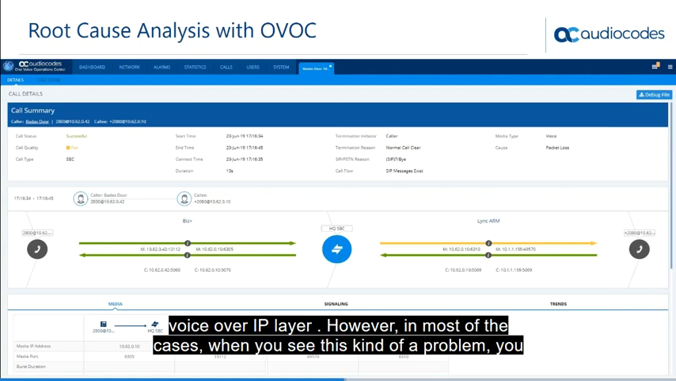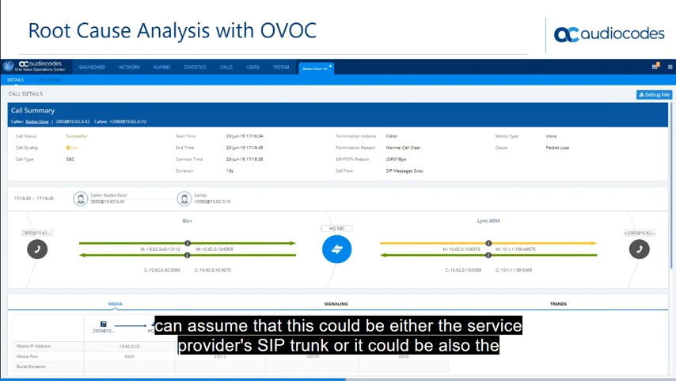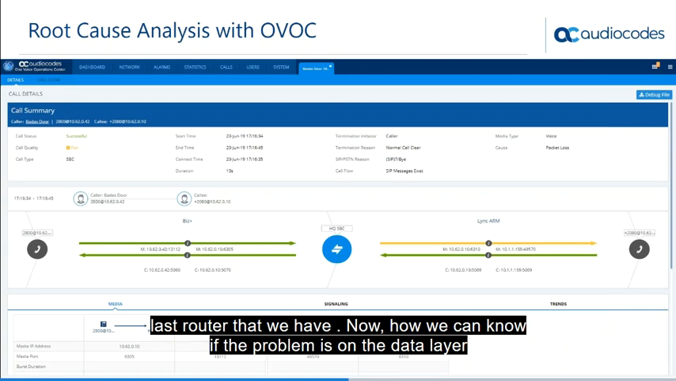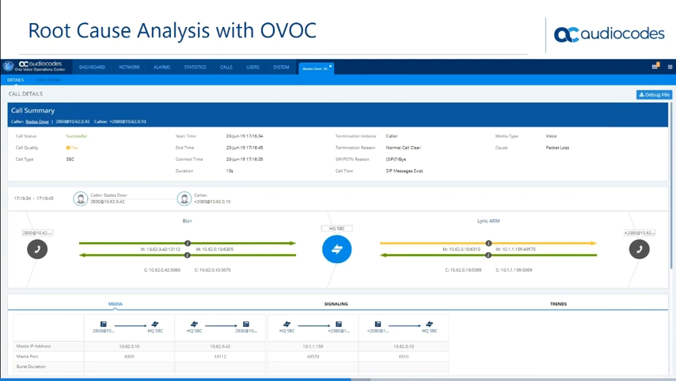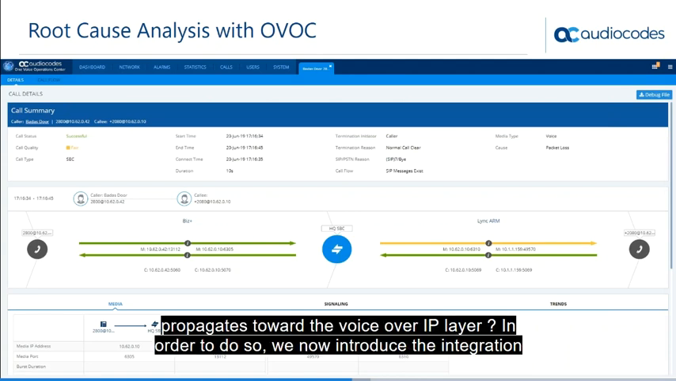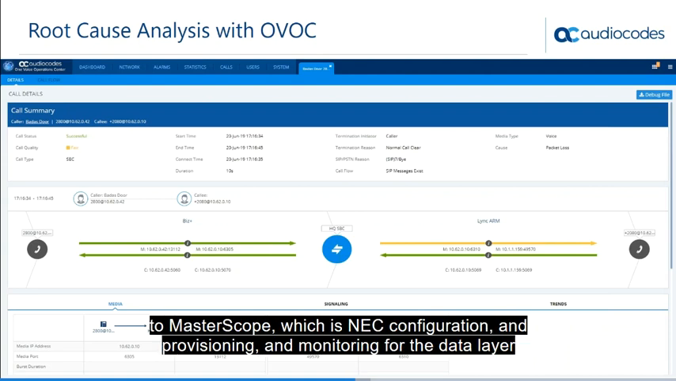However, in most of the cases, when you see this kind of a problem, you can assume that this could be either the service provider SIP trunk, or it could also be the last router that we have. Now, how can we know if the problem is on the data layer that propagates towards the voice over IP layer? In order to do so, we now introduce the integration to MasterScope, which is NEC configuration, provisioning, and monitoring for the data layer